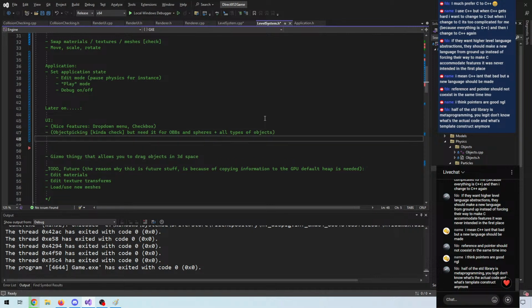Also, this could do scene bounding volume chunking to speed up ray collision detection,